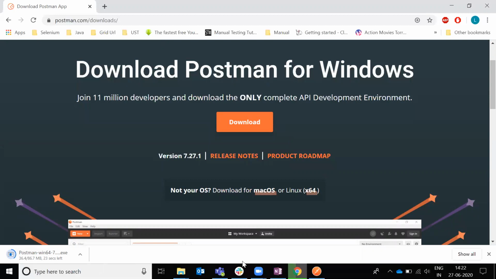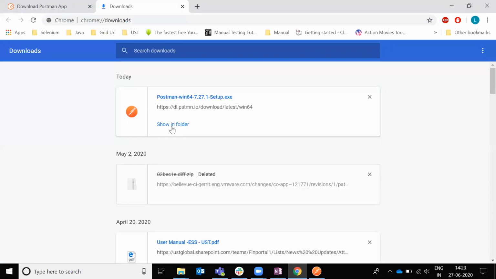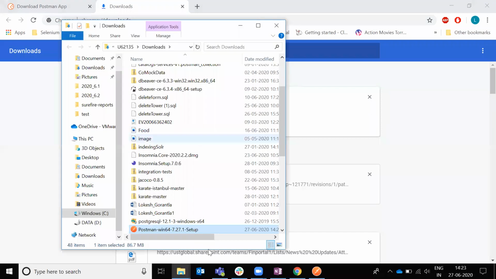Next, there is nothing to change. You can just double click on that exe, click next, and then it will finish. Nothing much, it is a normal exe installation in the system. If you go here, see, this is the Postman exe.